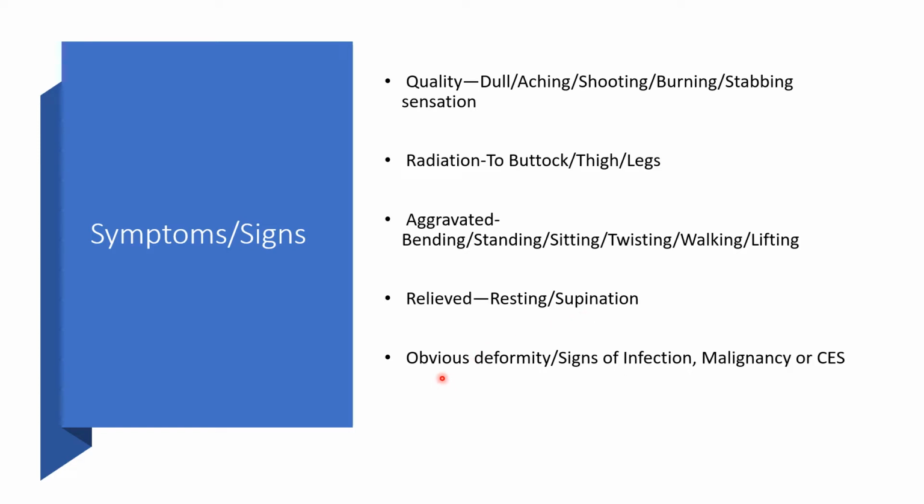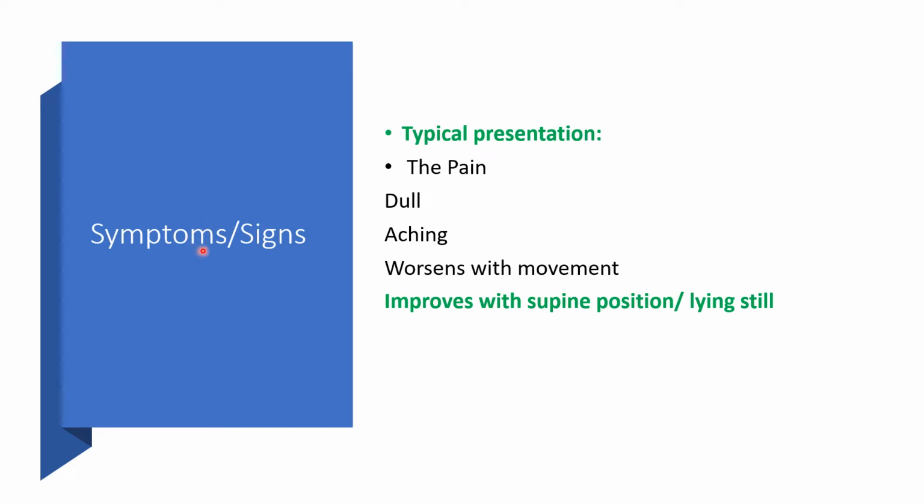Then we want to know if there are obvious deformities, no angulation or no change of shape generally. And then we also want to see if there are signs of infection. In fact, we'll be looking out for signs of inflammation: swelling, warmth, pain, or redness. Then history of malignancy or Cauda Equina Syndrome. Here, let me specifically state that